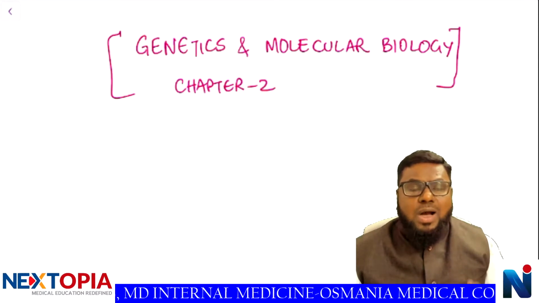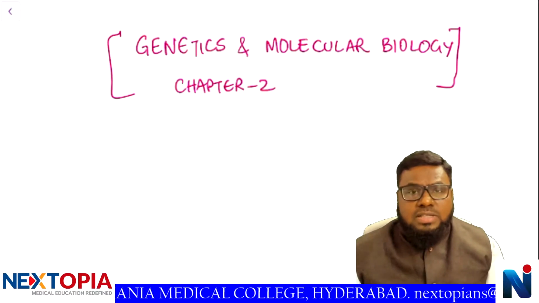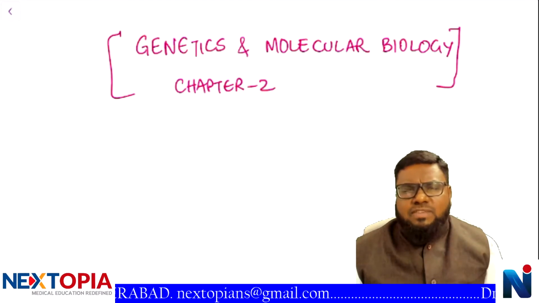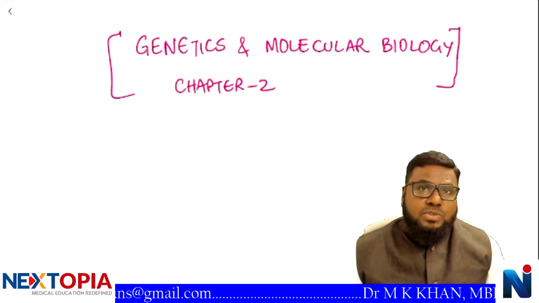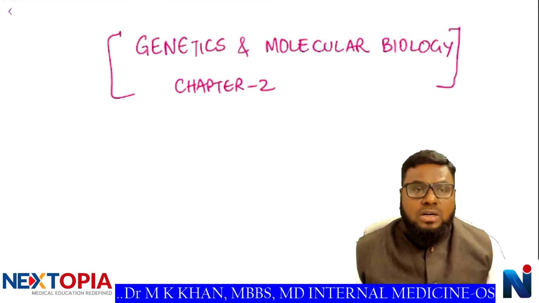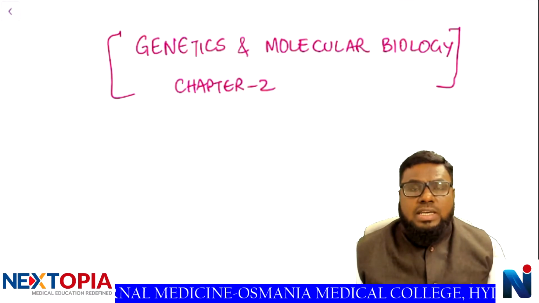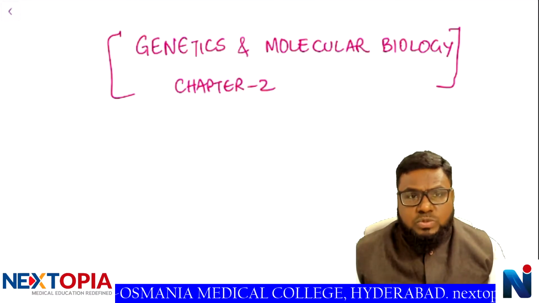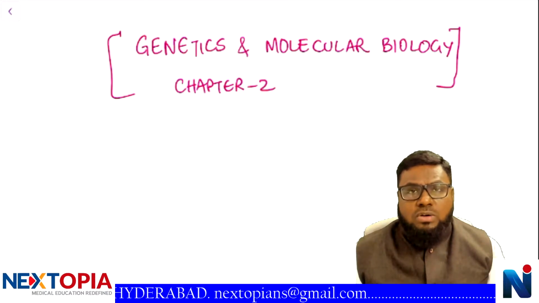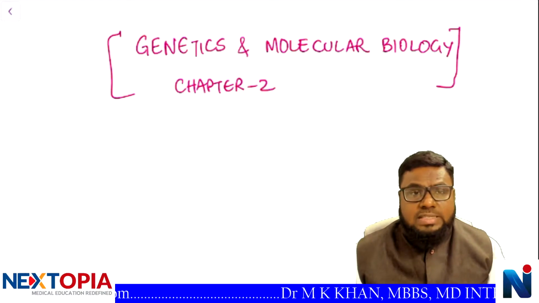We'll be talking about how these genes are connected to the strands in the DNA. What is DNA, what is RNA, we'll be discussing very briefly. In detail, we'll be discussing this topic in biochemistry, but here I'll be discussing what pertains to the embryology topic. Next, we'll discuss the number of chromosomes. Each gamete has 23 chromosomes. These two gametes will fuse to form a zygote, which has 23 pairs of chromosomes. 23 pairs means the diploid number is 46.